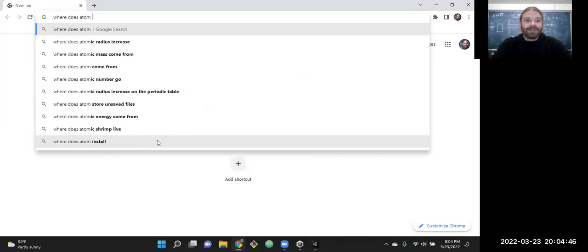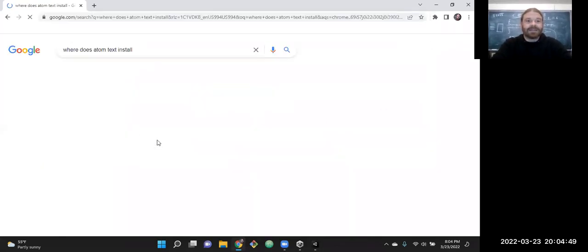Where does Atom text install on Windows?